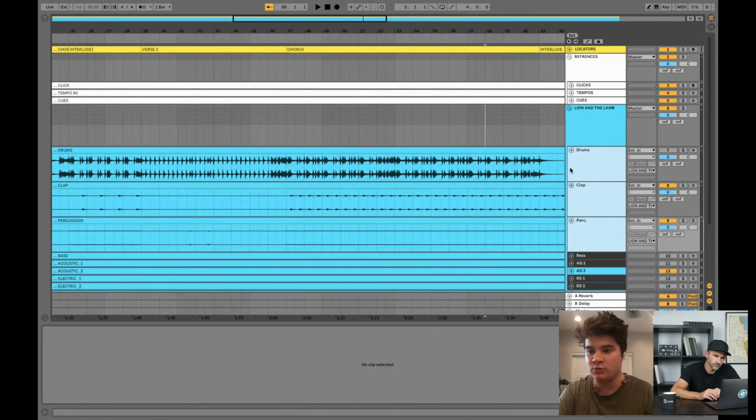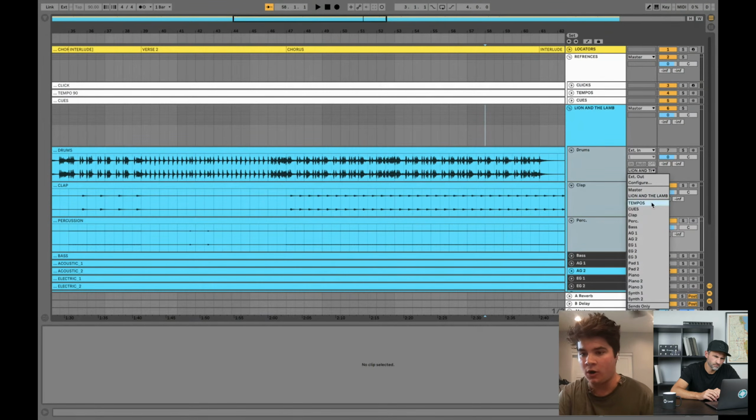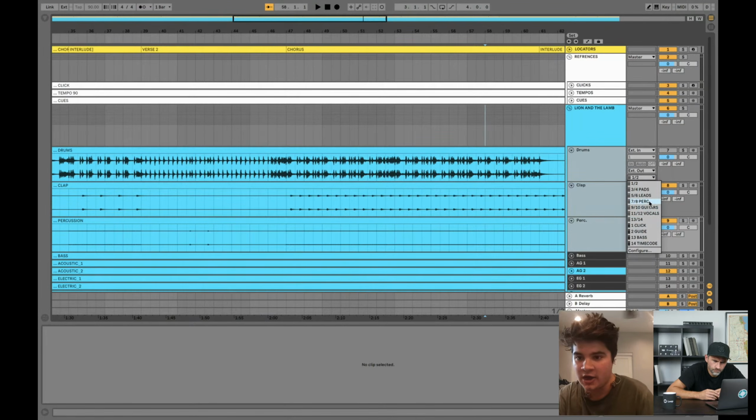And another thing I did was name all of the stems that I use. You can even see everything that I have. I've got pads, which are just big moving chords, leads, which is like a piano or a synth hook, percussion, guitars, vocals, click, guide, bass, time code. Time code's a little bit like MIDI cues. It's just an audio channel that controls our lyric videos. Some of it controls lighting at our church, but it's the same thing as a track.